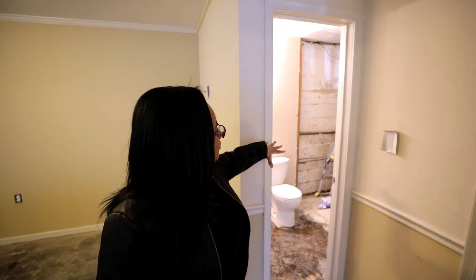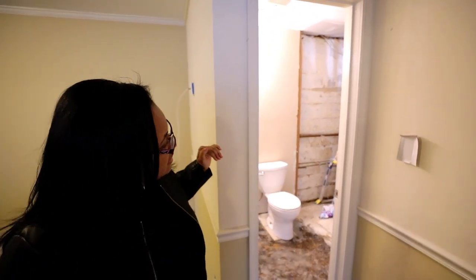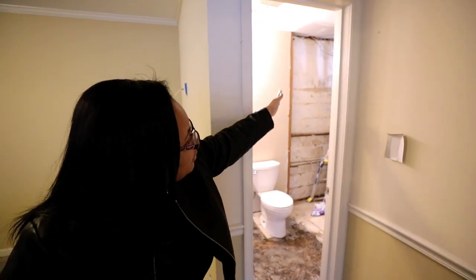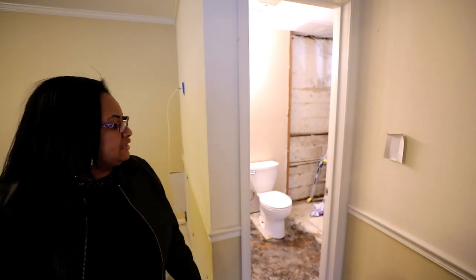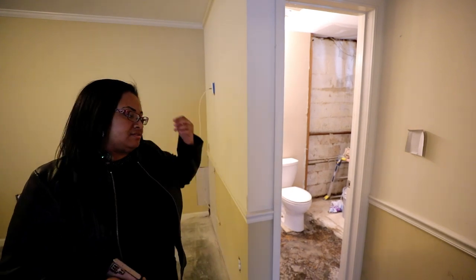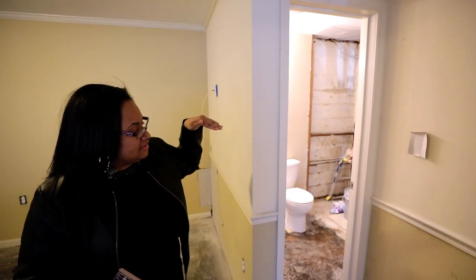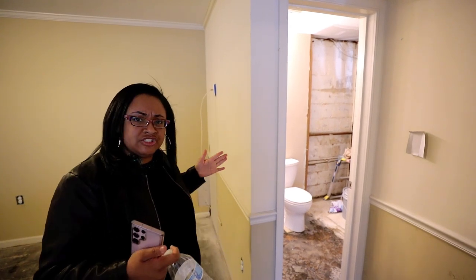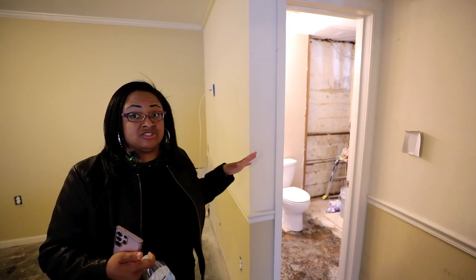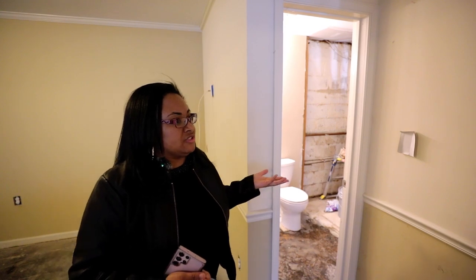In this bathroom, whenever the contractor did the demo, they discovered that it was just dead space on this side where the plumbing comes down. So he's like, do you want to make the shower bigger? Because you can. And I was like, oh, that'd be nice. I wish I could do it upstairs. Originally it was like 44 inches, and he said we'll actually be able to make it close to 60 inches. So it's going to be a large shower in this house, which is nice,